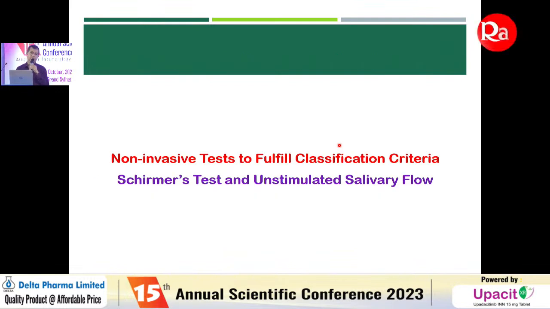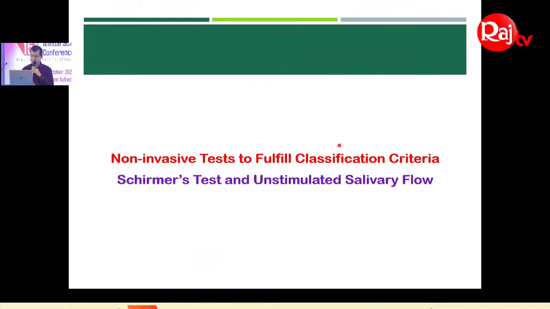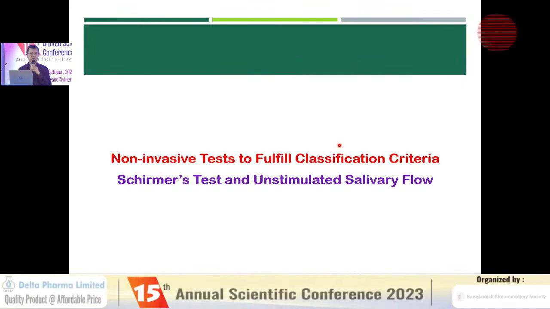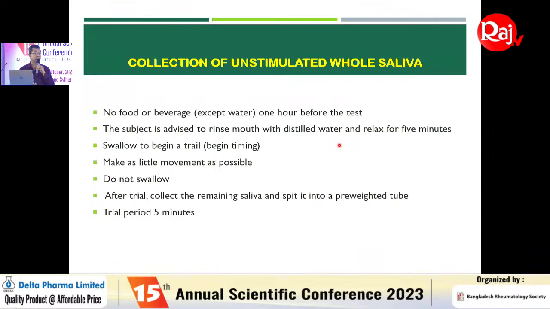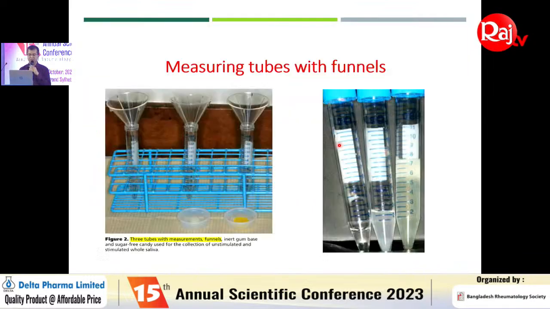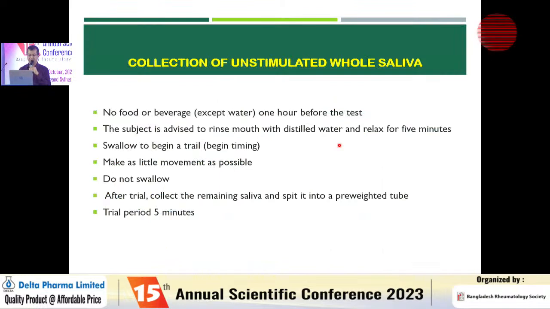So we are also performing some non-invasive tests. I'm coming towards the end of my presentation. We are also performing some non-invasive tests to fulfill the ACR-EULAR criteria for Sjogren's disease. That is the unstimulated salivary flow. So the patient has to sit, the patient has to be without food for 1 hour, then rinse the mouth,